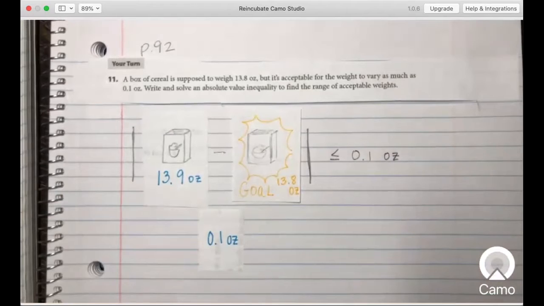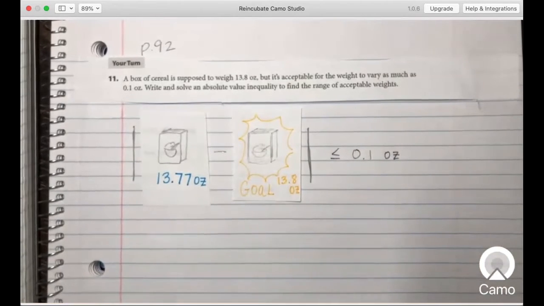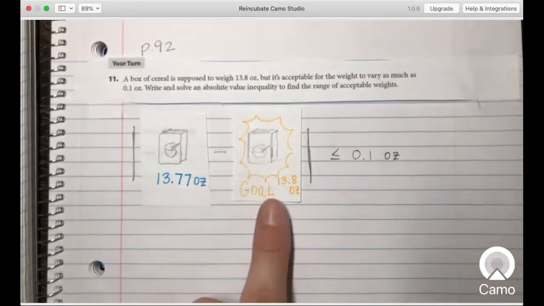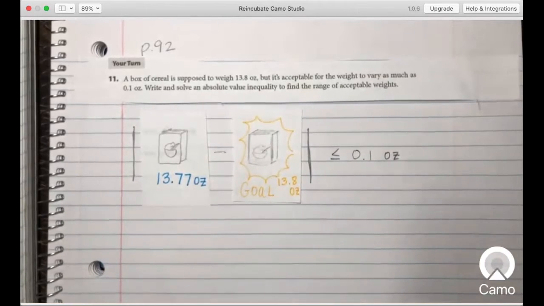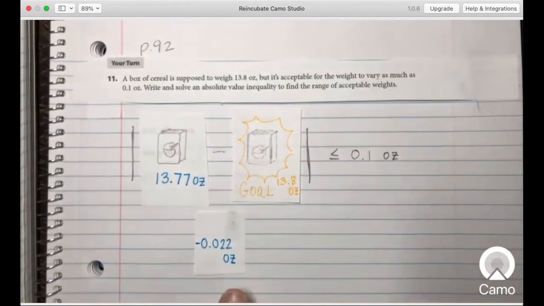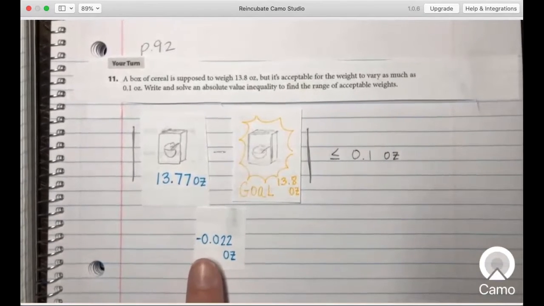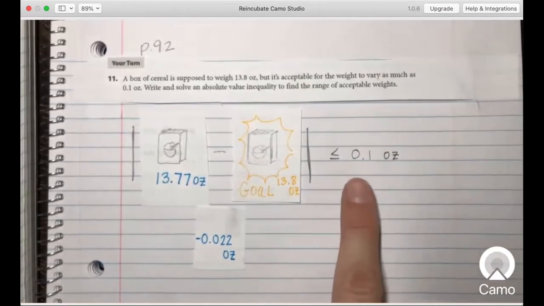So let's go ahead and try another box of cereal. We have 13.77 ounces and we have our ideal weight here of 13.8. So if we take the difference of those, we're going to get negative 0.03. So we're just barely a little bit under, like I got a few more cereal pieces in there than the previous box, and that's okay. So we take the absolute value of this. We know that amount is definitely not equal, but it'll be less